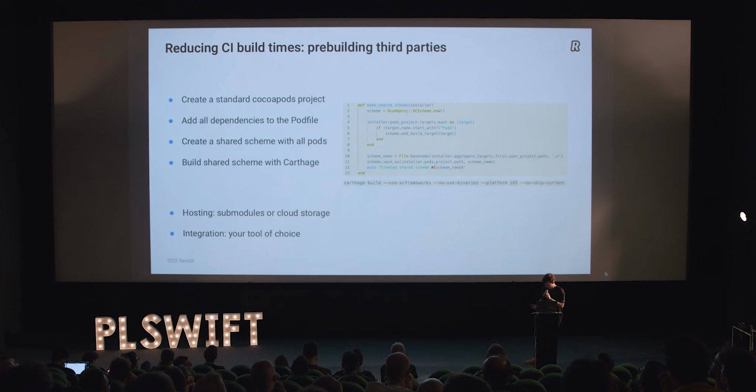So when you've done that and you're sure you cannot get any more performance from your machines, the second way usually people think of is, okay, I'm going to try to pre-build some of the code. Why am I building all this code all the time if it's not changing? And the first culprit is third-party dependencies.